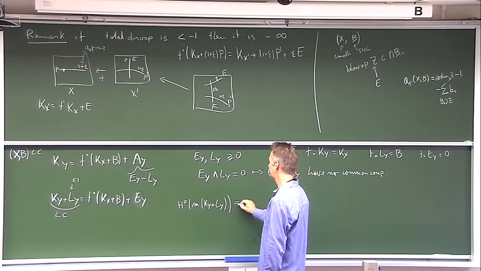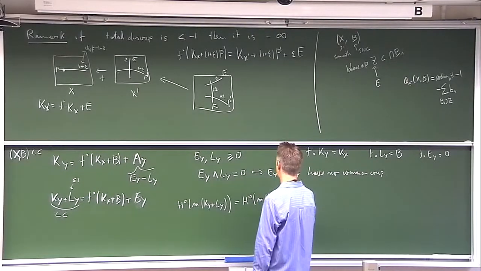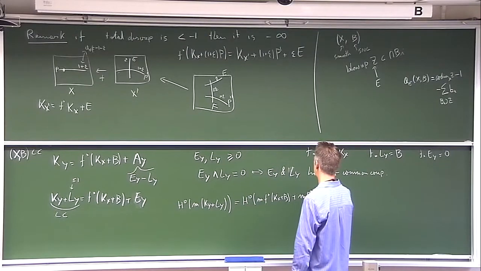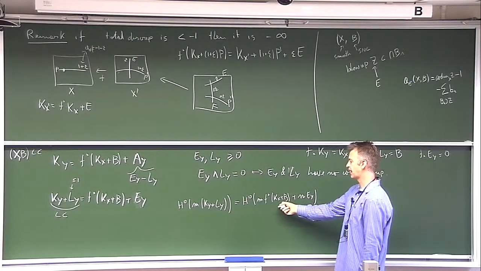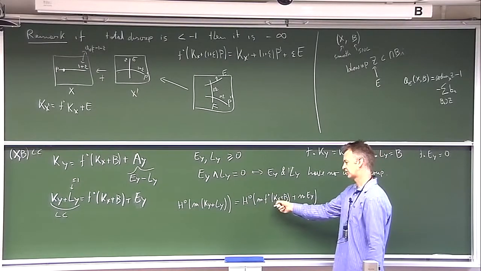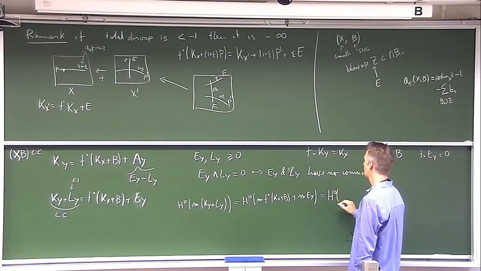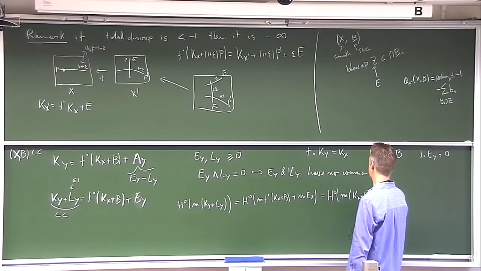So this will be, of course, the same as sections of m f-star of (Kx plus B), plus m Ey. But now this is an effective exceptional divisor, and this is the pullback of, if I've cleared denominators, a Cartier divisor downstairs. So by the projection formula, this is just H0 of m(Kx plus B),